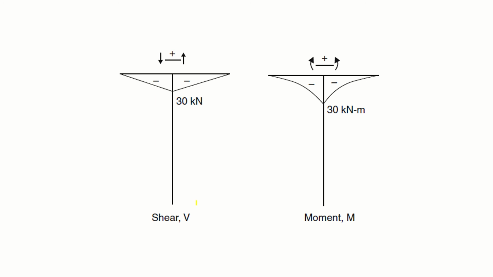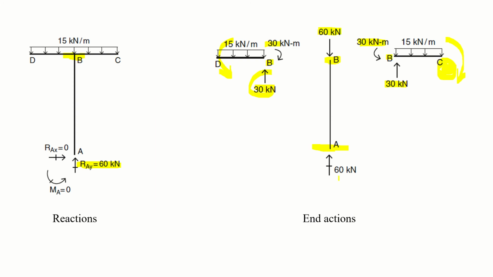Coming to the diagrams, shear force diagram, just like the previous case, there will be a 1 degree shear negative in member BC, and same is the case with the member BD. Okay, no shear in member AB, only axial force was there. And similarly, the bending moment, since the shear force is 1 degree, bending moment will be 2 degree diagram. This bending moment will cancel out this bending moment. Now, there is no bending moment in the column either. As you can see, there is only axial forces in the column.